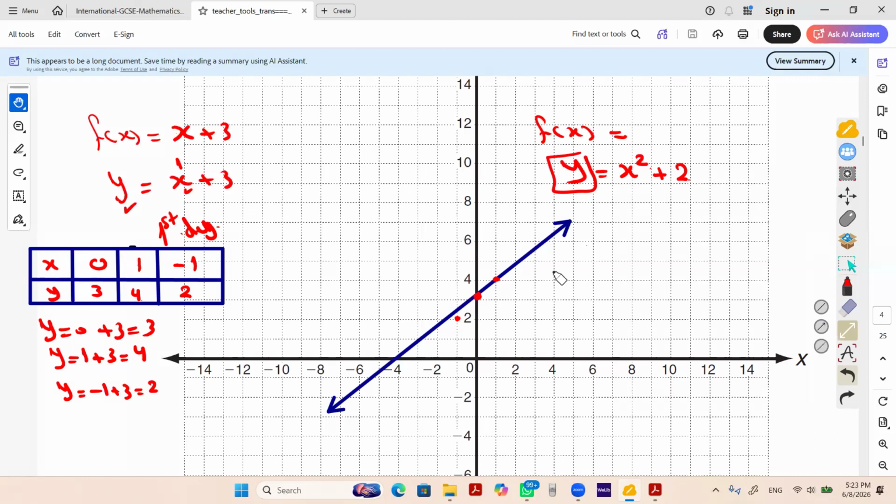If we join them directly, this is the line which represents the relation y equals x plus 3. But when we have y, which is f(x) or g(x) or k(x), equal to x squared plus any number,